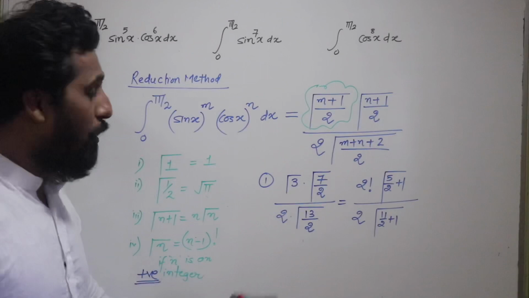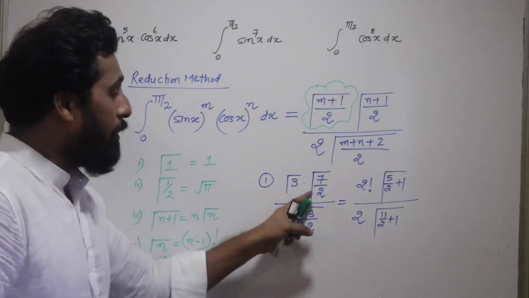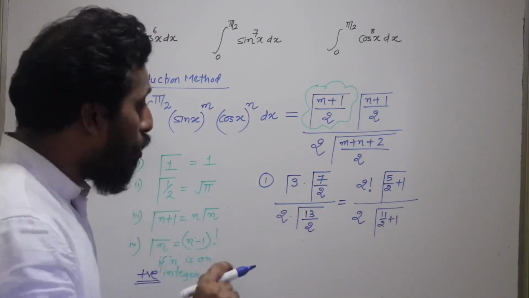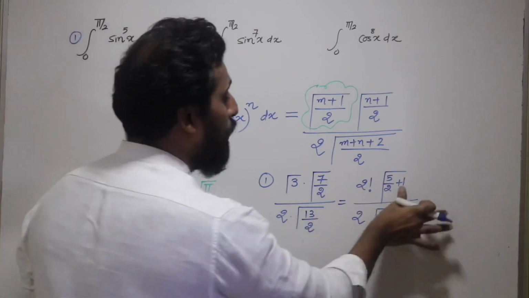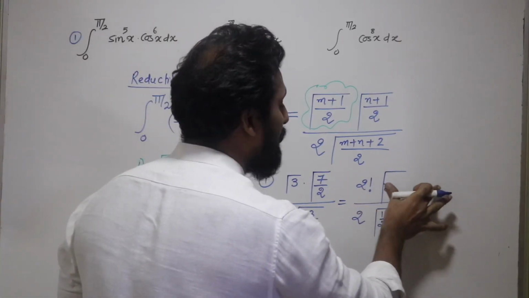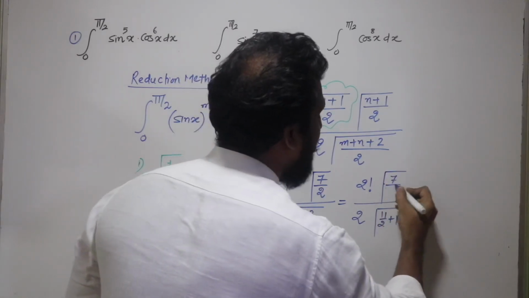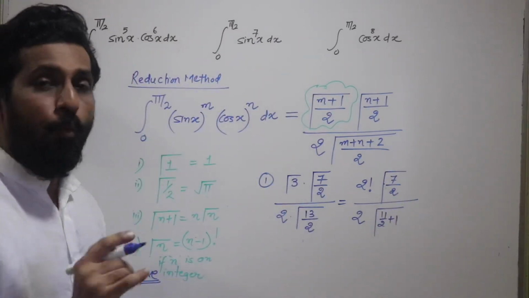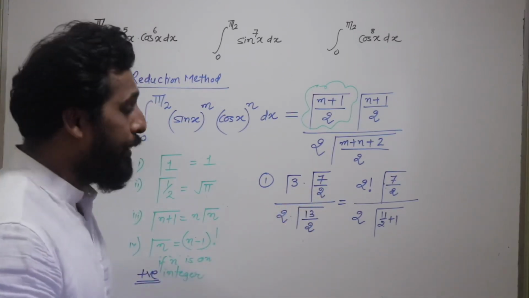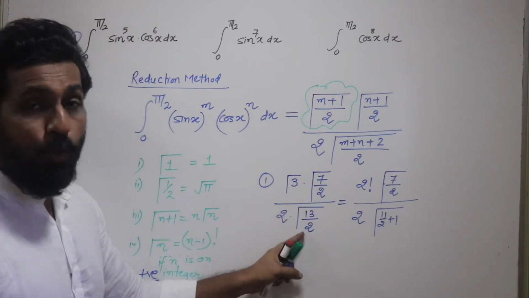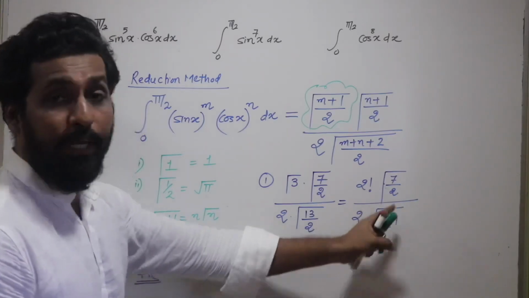Now, if you observe, 13 by 2 is a greater number than 7 by 2, so on the contrary, what I'll do here is, instead of writing gamma 7 by 2 as 5 by 2 plus 1, let's keep it gamma 7 by 2. You will wonder why this has been done. Just wait for a moment, you'll get the answer to this question. Why gamma 7 by 2 should not be written. So gamma 13 by 2 has been written as gamma of 11 by 2 plus 1.